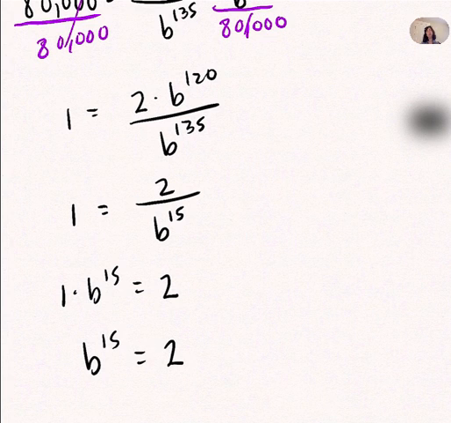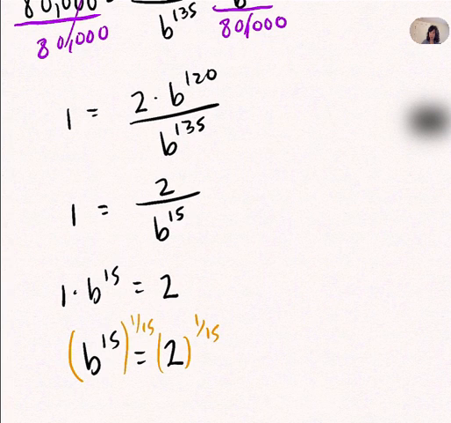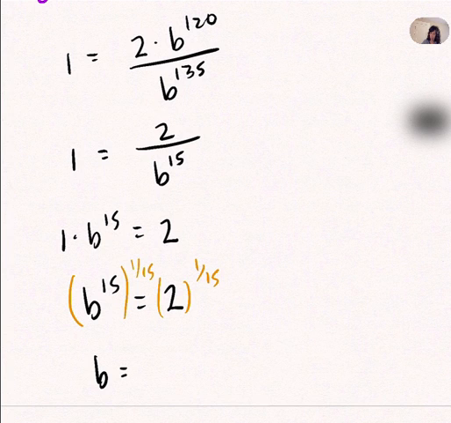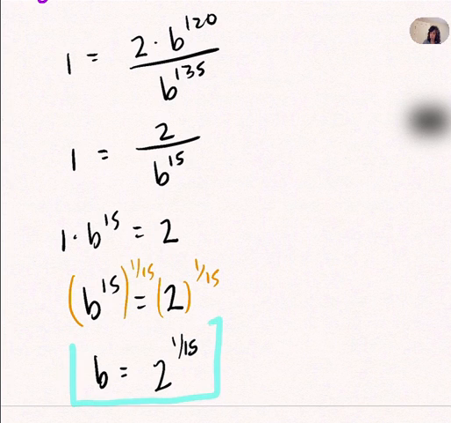Now, if I raise both sides of this to the 1 over 15, or take the 15th root, I will have solved for b. So b is equal to 2 to the 1 over 15, or the 15th root of 2. Okay, it's really handy to know that this is b. So it's useful to know that this is b, because we can come back up here